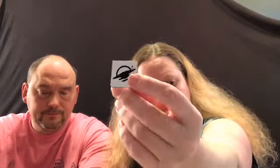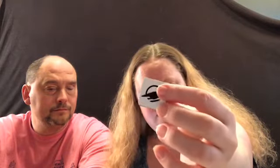So this has got one of the magnets on it. I'm going to pop it off there real quick, and I will hold that up to the camera. It's just a little square magnet. I use this in my eyeshadows, in my magnetic palettes. That's really nice to put beside a magnetic eyeshadow so that I know what the eyeshadow colors are. Really helpful. Also, it's really great. I think the most